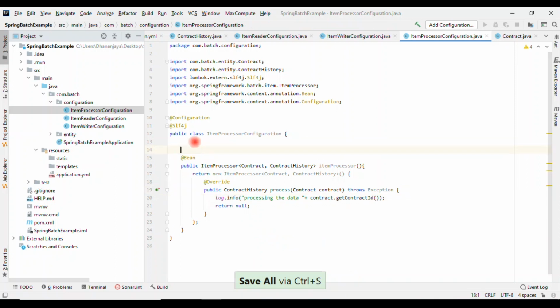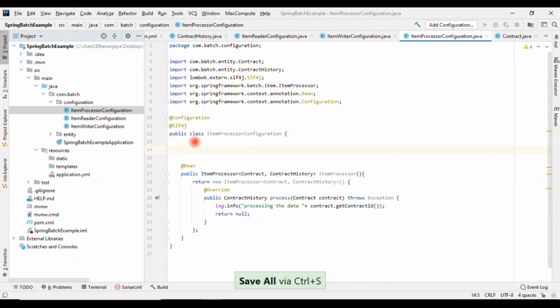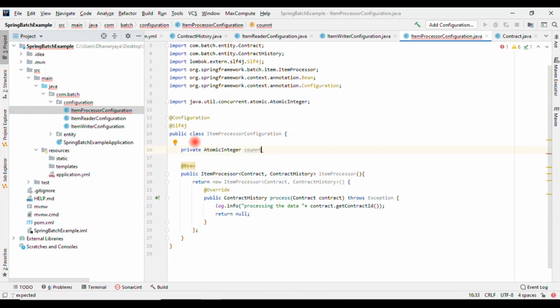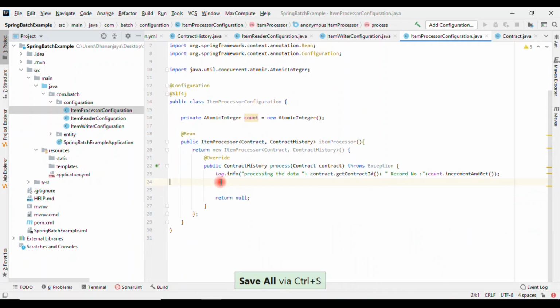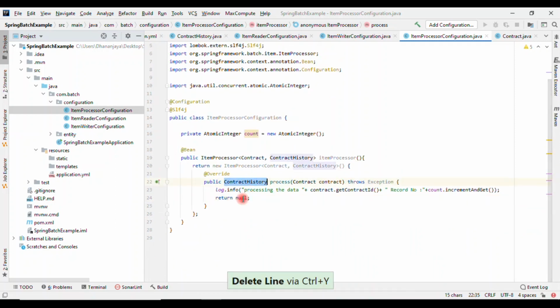Then what I will do, let me write a counter here. So how much data it processed, it will show. Okay. We need to return the contract history, right? So what I will do here, I will use the object mapper to read the data from the contract, and I will write the data into the contract history.